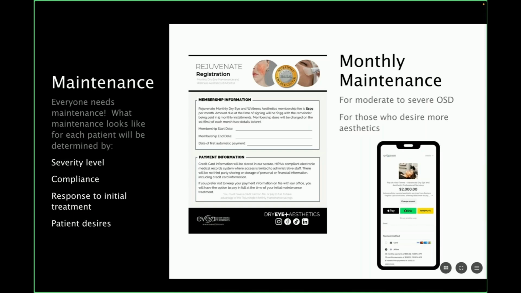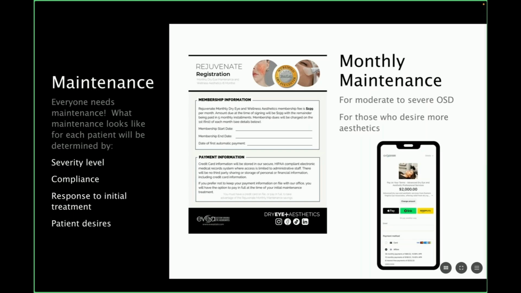They're the ones that are buying skincare. They're the ones buying more glasses. They're the ones ordering their contacts through us. So in doing this, there are other revenue streams that you may not see or capitalize on if these patients are coming back only 6 months later or a year later.